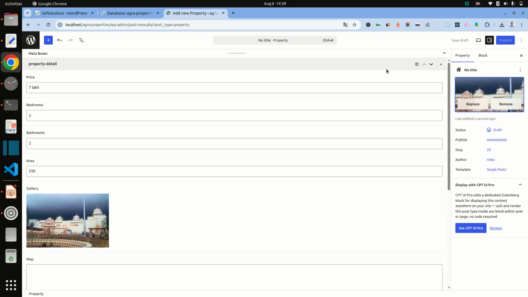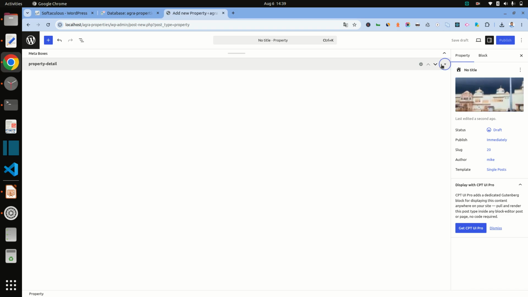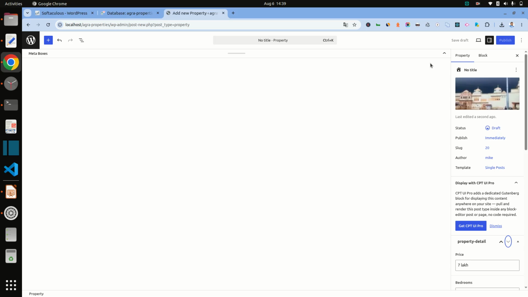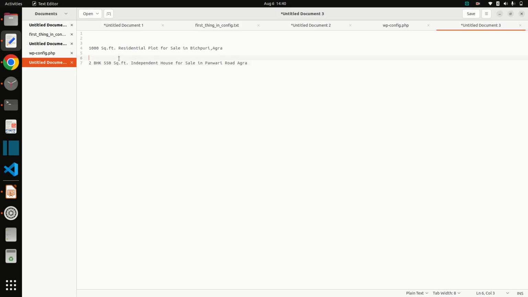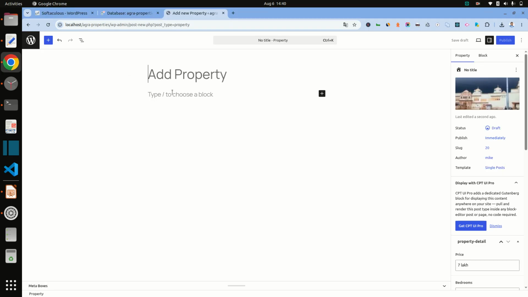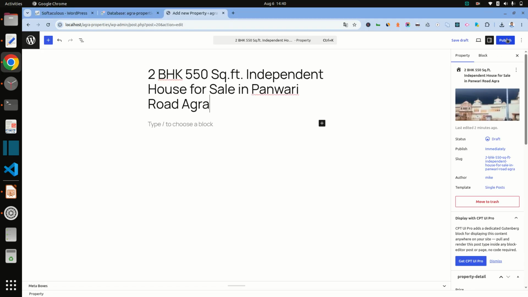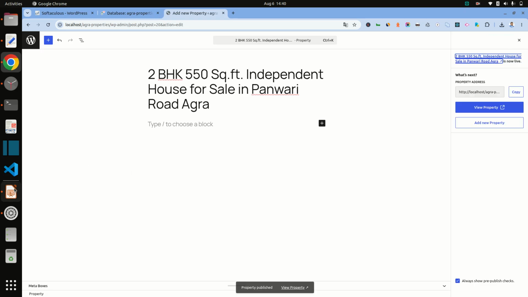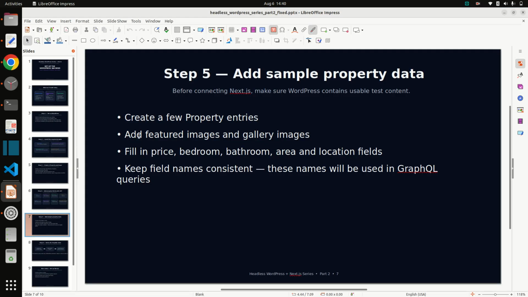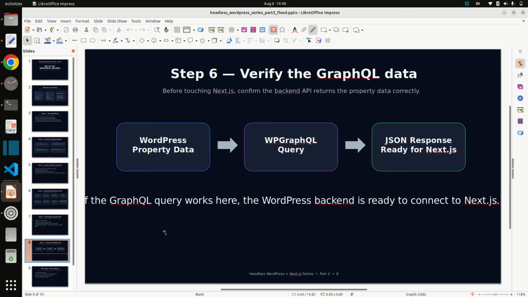Okay, as we did not put title, sorry, so enter property name and click on publish. So our property is created. We also set featured image and gallery image, fill in price etc. Keep field names consistent so that we will use them in GraphQL queries, and verify the GraphQL data.